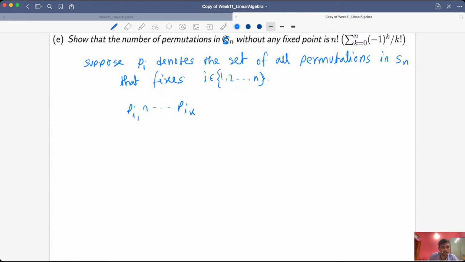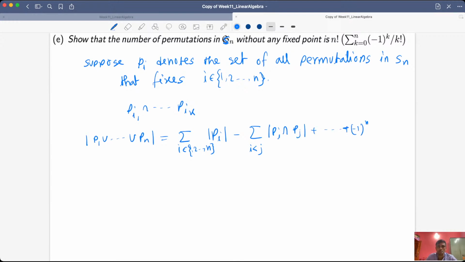That is the cardinality of P1 union Pn, all the permutations which fix at least one of 1 through n, and by the principle of inclusion-exclusion this is the sum over i from 1 to n of Pi, then the sum over all i less than j of Pi intersection Pj, and all the way up to minus 1 to the power n minus 1